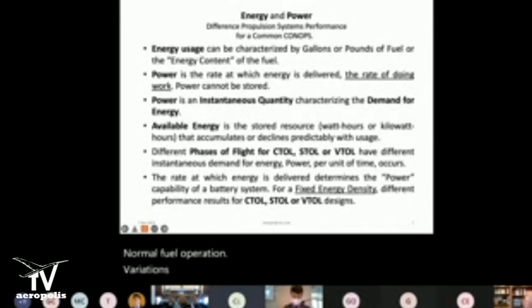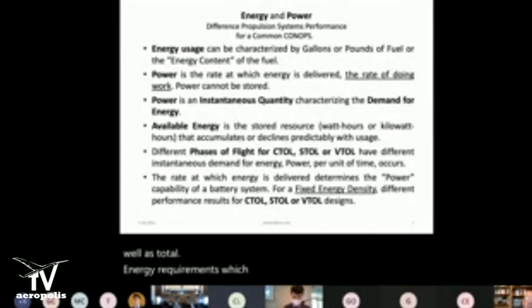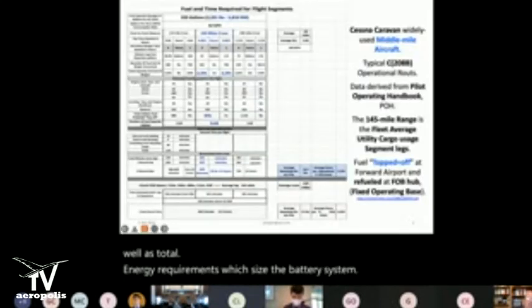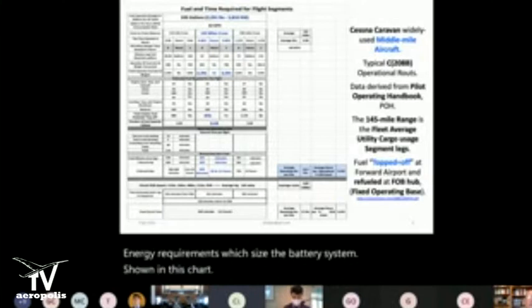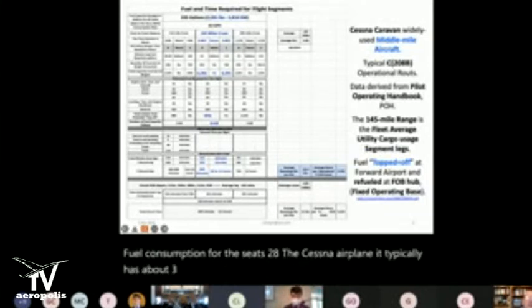Variations in operating systems, from CTOL, short takeoff landing, to vertical takeoff landing, have different power demands as well as total energy requirements, which size the battery system. Shown in this chart is an example of the fuel consumption for the C-208, the Cessna airplane. It typically has about 335 gallons, 2,200 pounds, which is equivalent to about 5,800 kilowatt hours